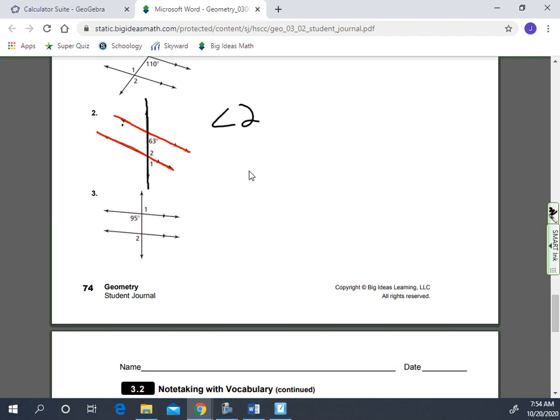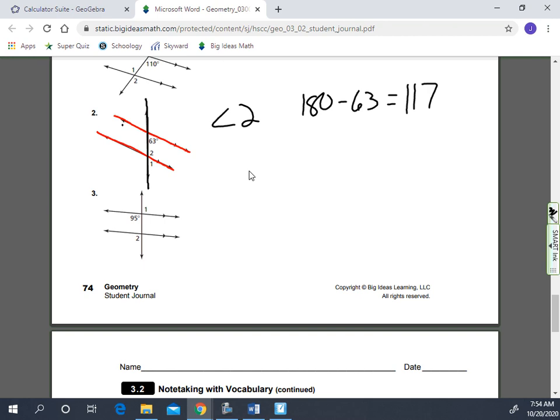One's below the parallel line, one's above the parallel line. Okay, those are consecutive interior angles. And those add up to 180 degrees. Okay, so they're supplementing. So to find angle 2, we have to take 180 minus 63, and that's going to be